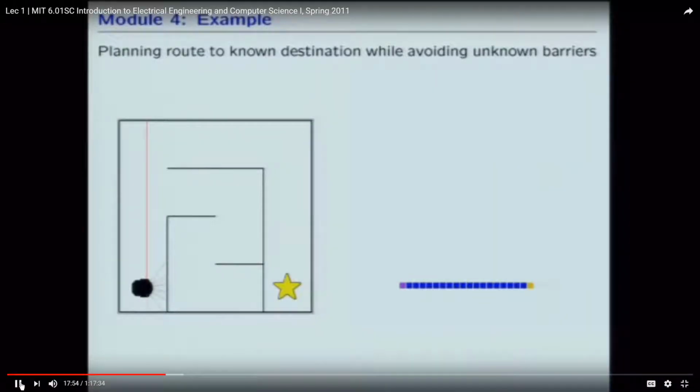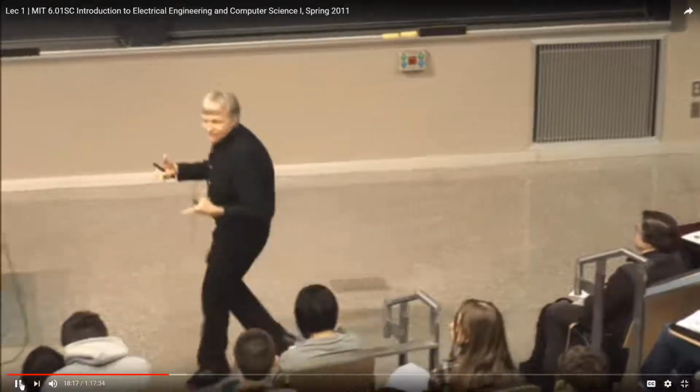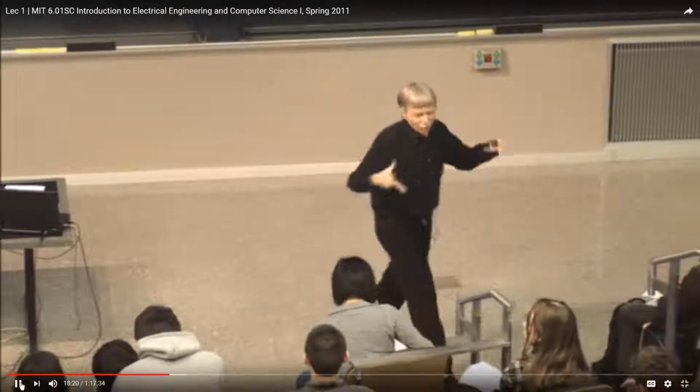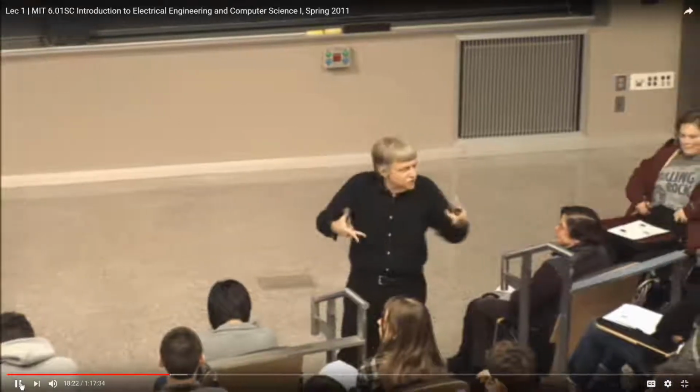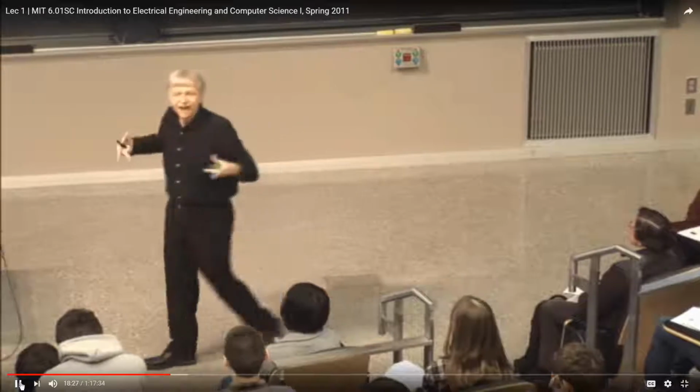Here the idea is that we have a robot. The robot knows where it is. Imagine there's a GPS in it. There isn't, but imagine there is. So the robot knows where it is, and it knows where it wants to go. That's the star. But it has no idea what kind of obstacles are in the way. So, if you were a robotic driver in Boston, you know that you started out at home and you want to end up at MIT, but there's these annoying obstacles, they're called people, that you should, in principle at least, miss. Okay, so that's kind of the idea.